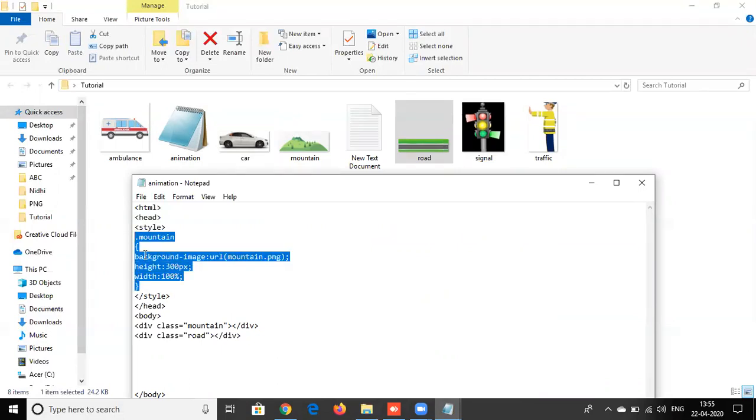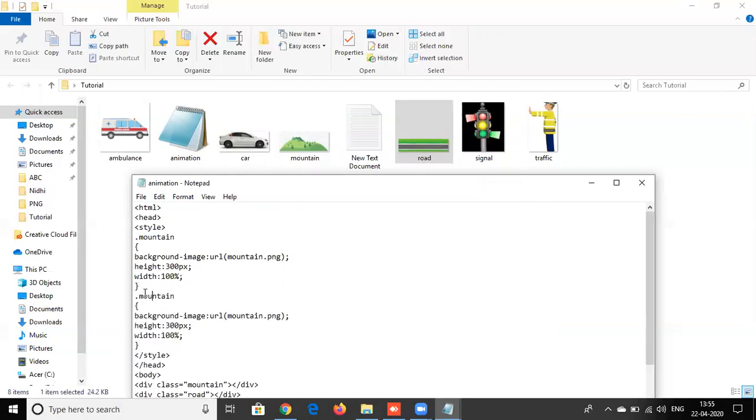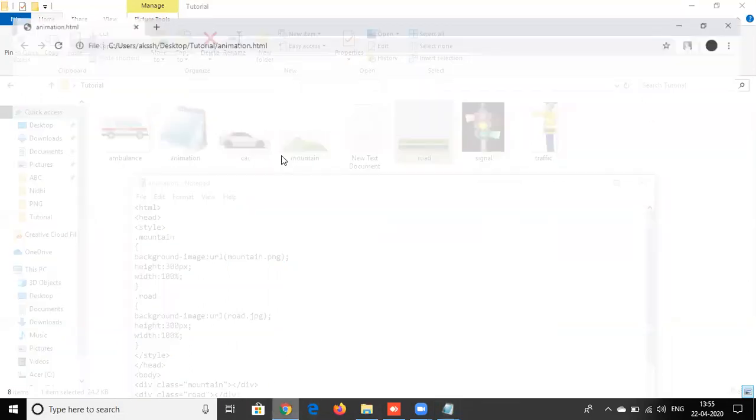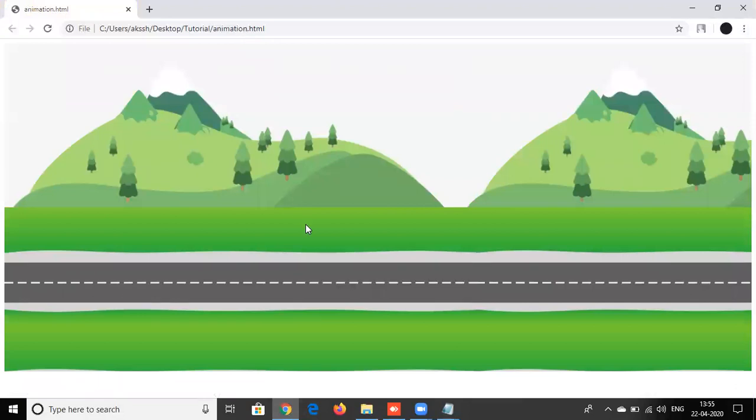Same thing, I have to go with the road. Now I press the road, images road dot jpg. Then height was 270, so I put 270. If I put 300, it will show the image plus again the upper part of the image because it exceeds the size of the height. So if I put 300 and I press save, I go to animation and press. You can see two images have been combined into one, but you won't be able to make the difference.